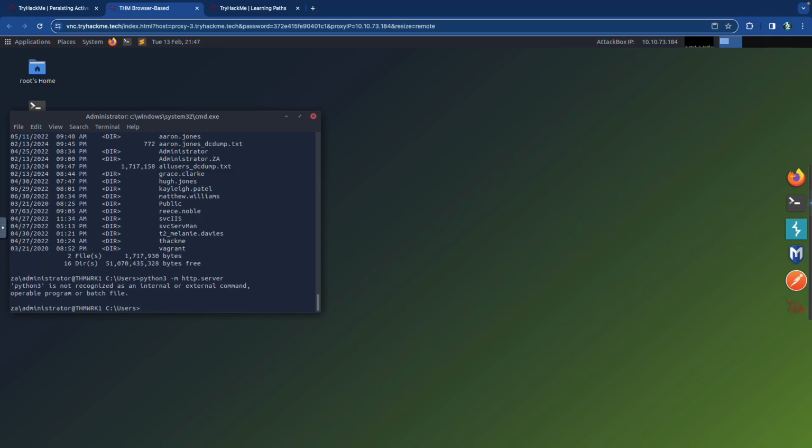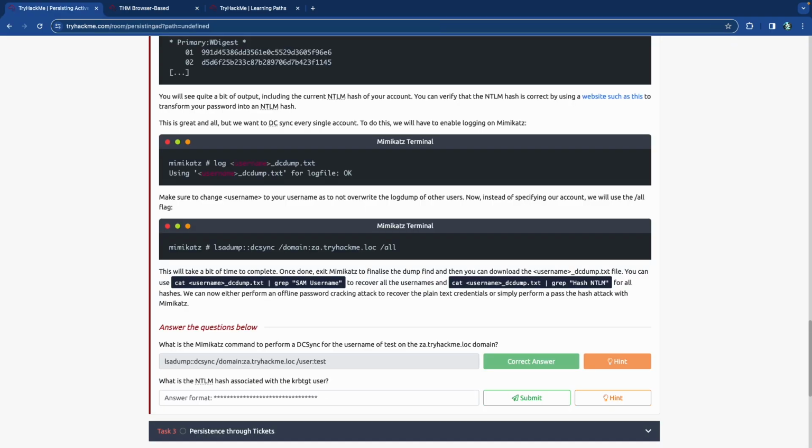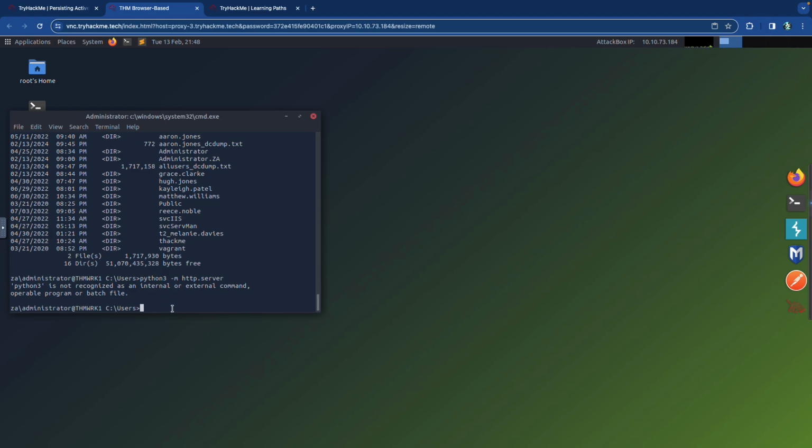http.server. No, it doesn't have it. So I can't do the Python server. So I'm going to do, I think it's secure copy. I'm going to do secure copy and transfer it into my local machine, in my Kali machine right here. And then from there we can continue by running the rest of our attack to take the hash values and mess with them, or pass the hash, or crack one of the hashes, and so forth. So we're going to do secure copy first,